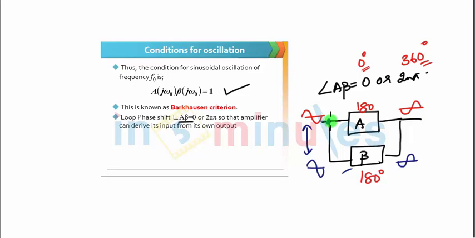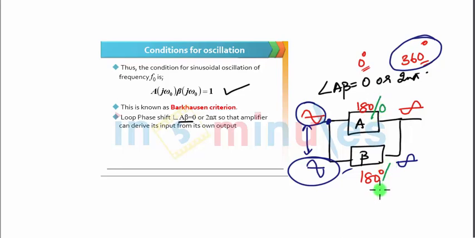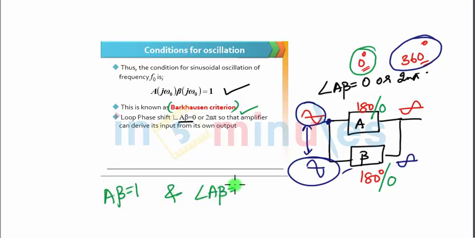So when you look at this summing point, the phase for the input and phase for the feedback is the same. This happens when the total phase shift is 360 degrees, or you can say 0 degrees. In that case, the phase shift by the amplifier is 0, so the phase shift by the beta will be 0, so the total phase shift will be 0. This is how this criterion 2 is satisfied. So these two criteria are called the Barkhausen criteria. First, A beta should be 1, and the loop phase shift, the phase shift between A and beta, should be 0 or 360 degrees. These are the conditions for oscillations, which are very important in case of oscillators.